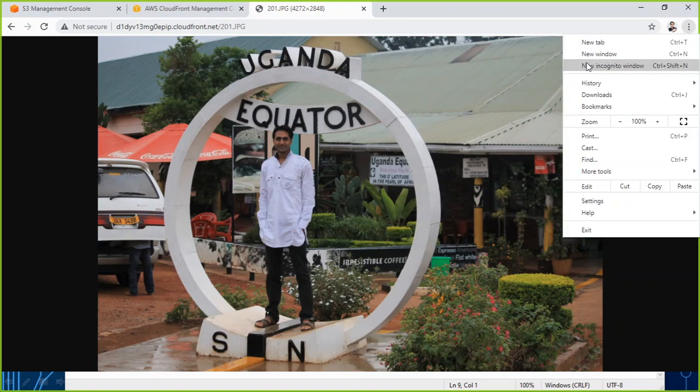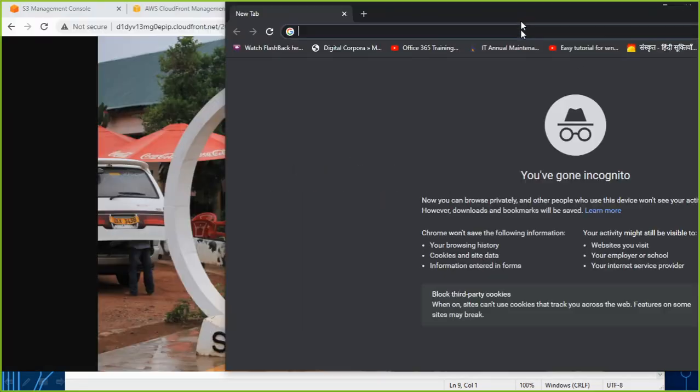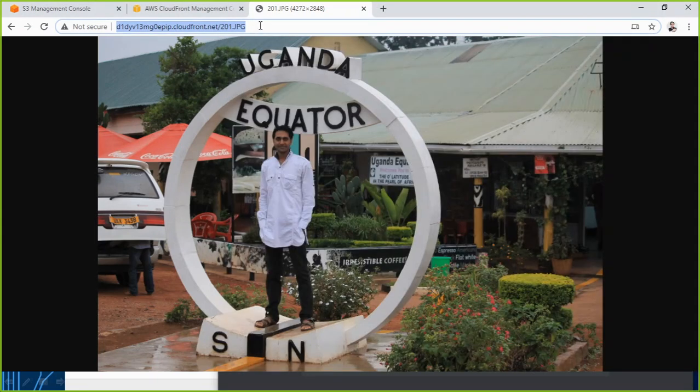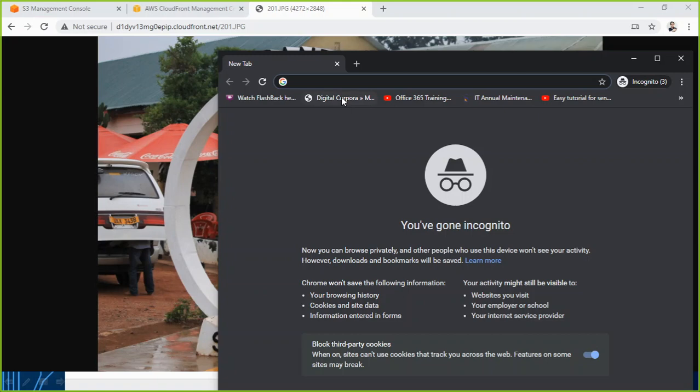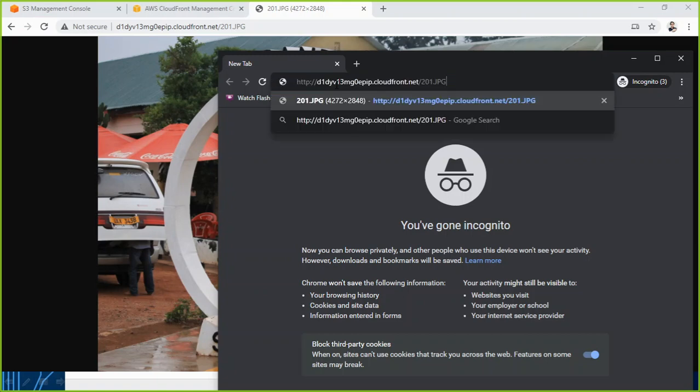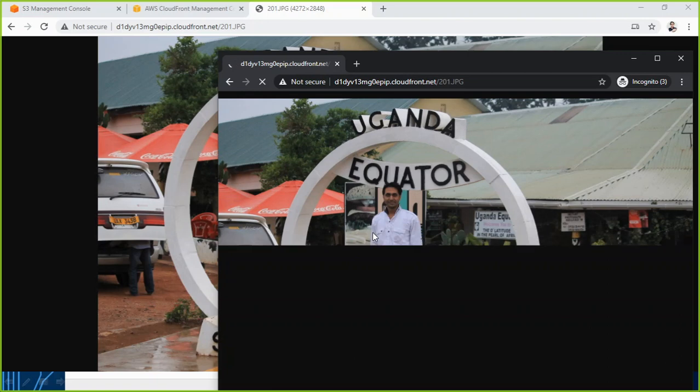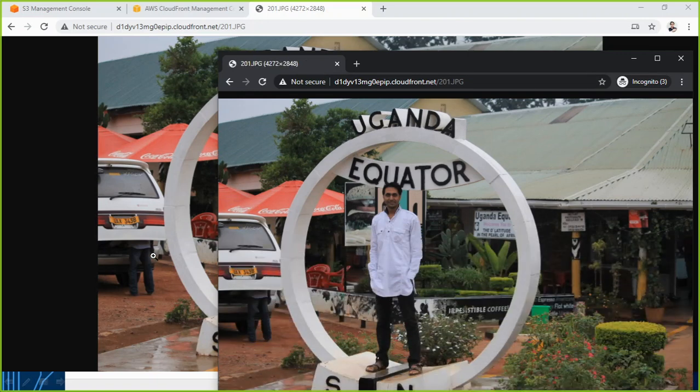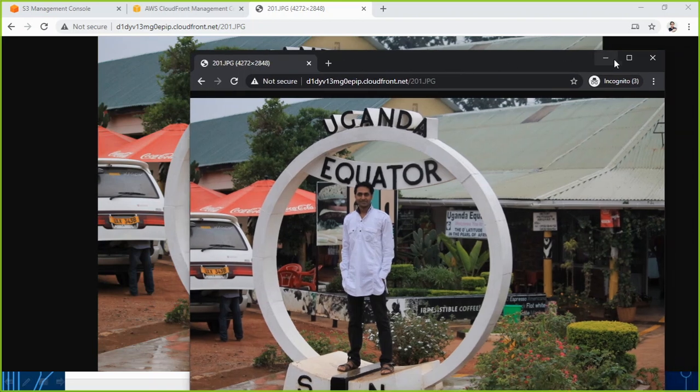Maybe this browser has also stored it in the cache. So now I'm going to get this URL and use it here in my new browser or new tab. Hit enter. Again you can compare, it is a bit faster than the first time it opened because it is accessed from the cache. It's a very minor difference. I will not be able to show you a long delay because it is very quick. But what is happening right now is that the response is not coming directly from my bucket; my nearest CDN, my nearest CloudFront, is responding.